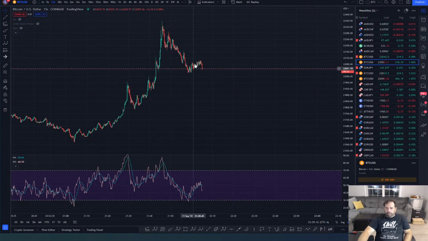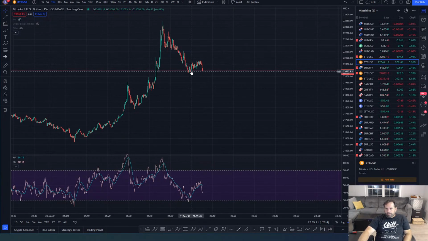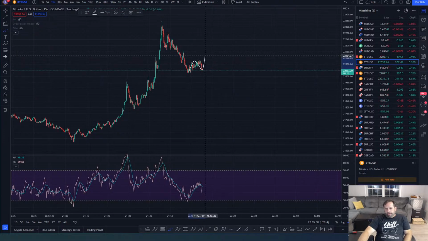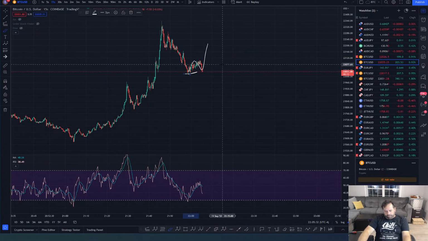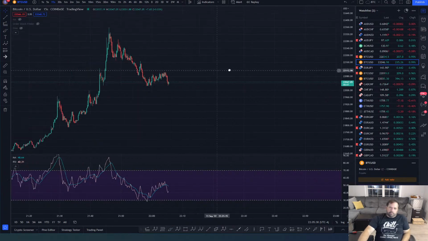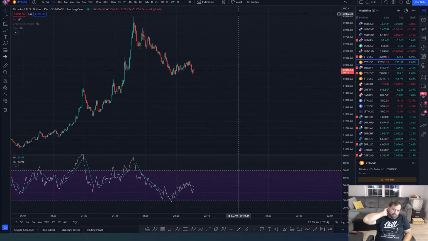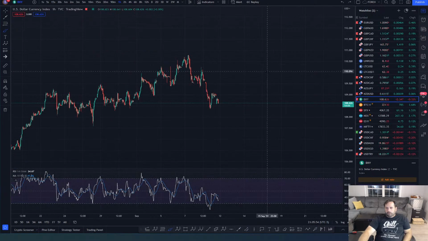Okay, is this a wave 4, or is this going to continue? Is this going up? So this looks like an ABC to me. This is going back up. We shouldn't break this low, but if it breaks that low, then I'm going to have to recount this. But if we don't break that low, we can still count it long. Another high to be made. Okay. So there's DXY for you.